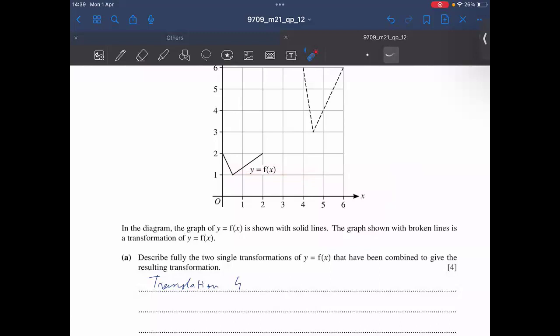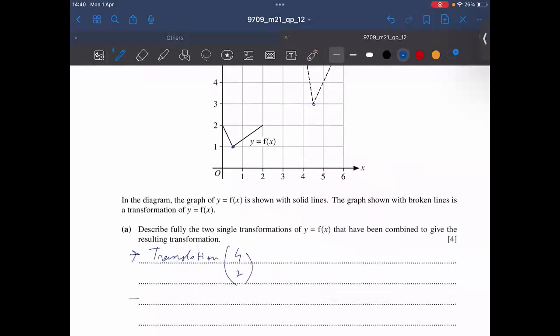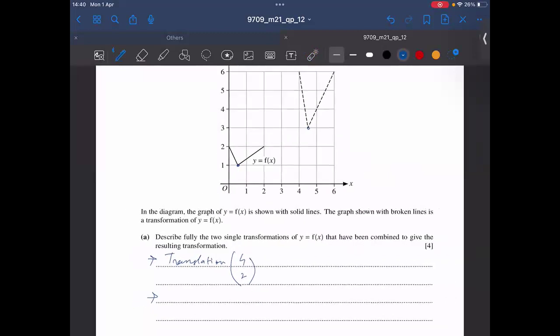4 and how much? It's going to be 4 and basically, just look at this point. Yeah, 4 into 1, 2, 3, 4. 1, 2. 4 and 2. Translation 4, 2. And now Iman is going to tell me that okay, we can just see that it has